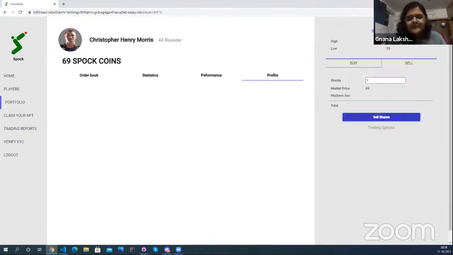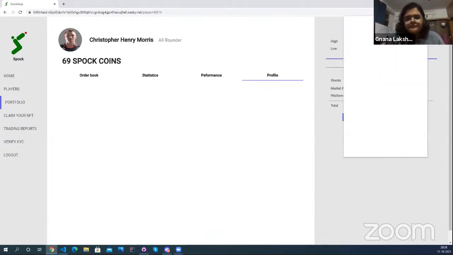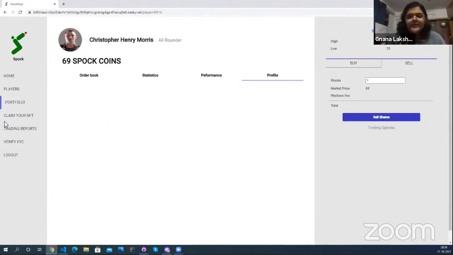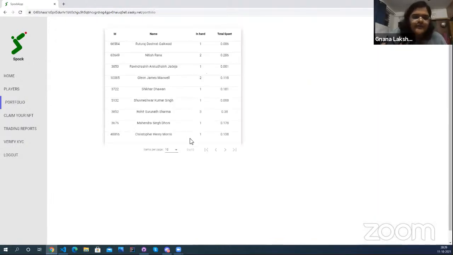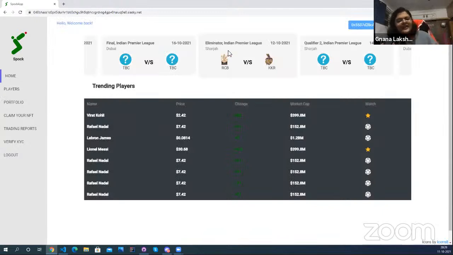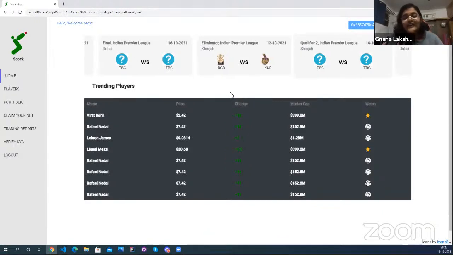You can see that the call is still happening. The moment your contract call goes through, your user portfolio is updated with the existing number of stocks that you hold. So you can see that now we have only 1 stock, we sold the other one. So yeah, that's fairly simple. It is quite user friendly.